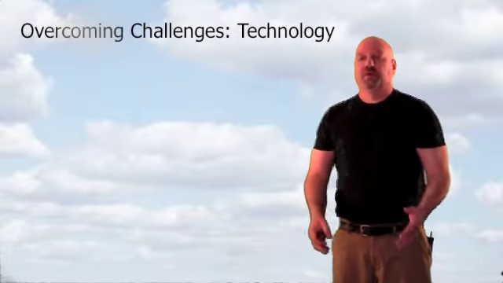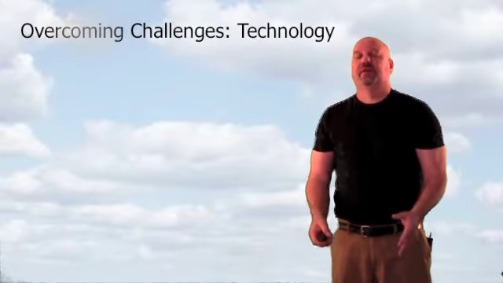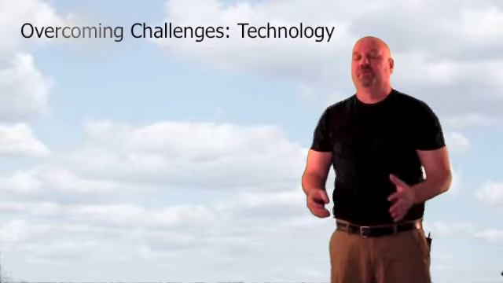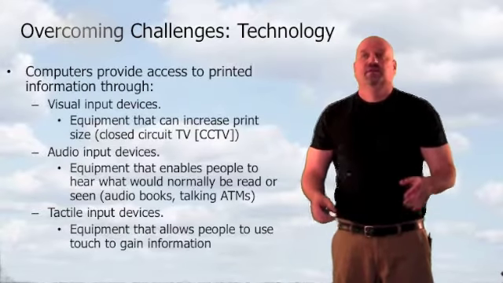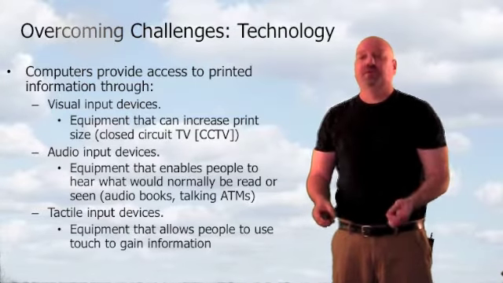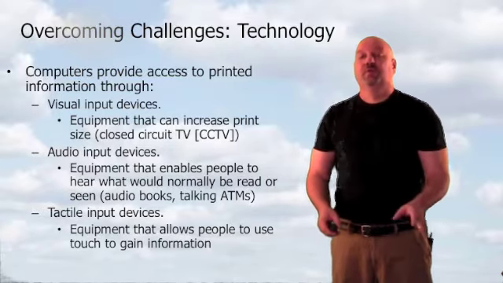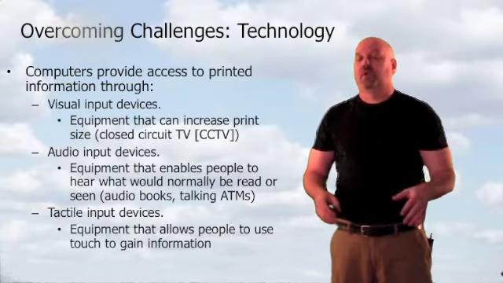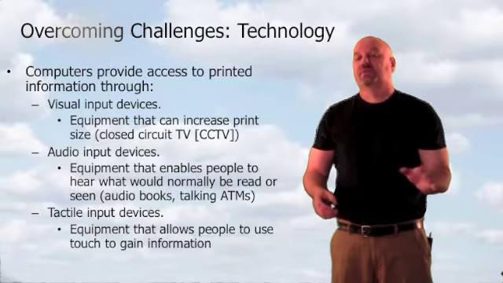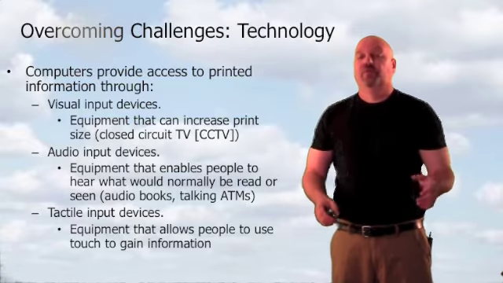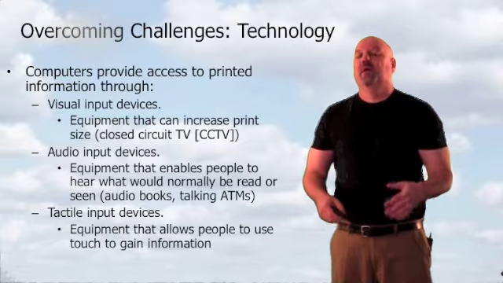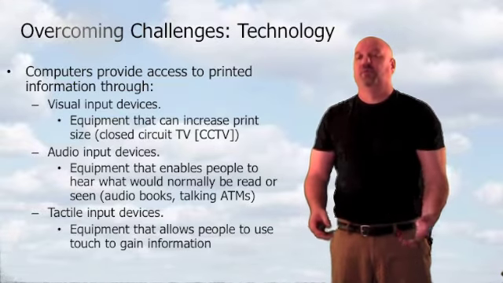So how can we overcome some of these challenges? Technology can be a very powerful guide in this process. Computers can provide access to printed information. I'm going to show you a technology video in just a moment where you can start seeing how a program such as JAWS can actually read the screen for individuals with visual impairments and make an auditory recording of anything